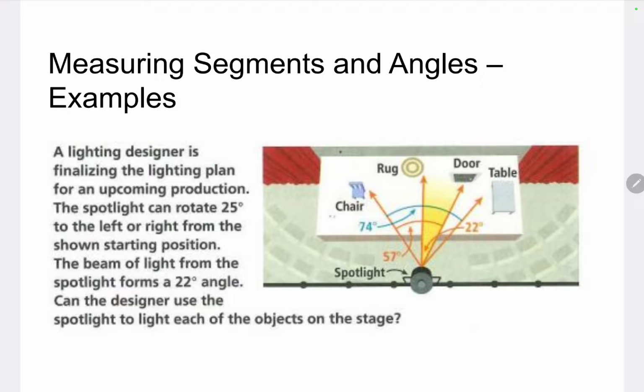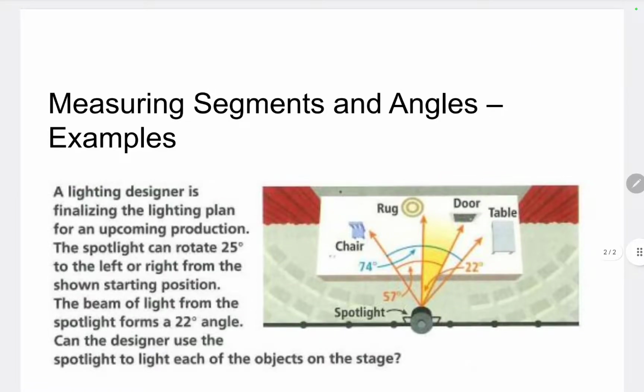forms a 22-degree angle. So here's our spotlight. It forms a 22-degree angle, and it can rotate 25 degrees to the left or the right. We have the chair, the rug, the door, and the table, and then we have the spotlight. So we could map this as